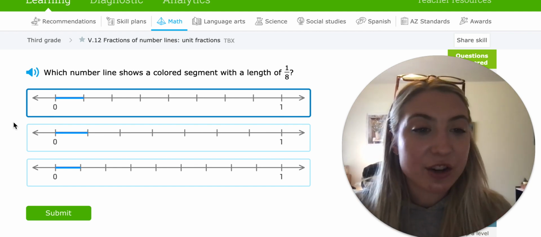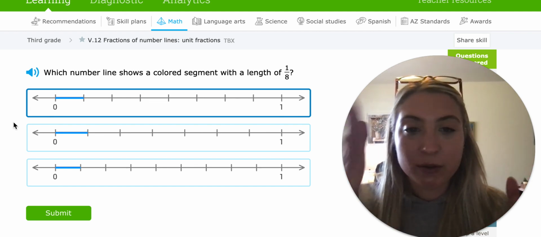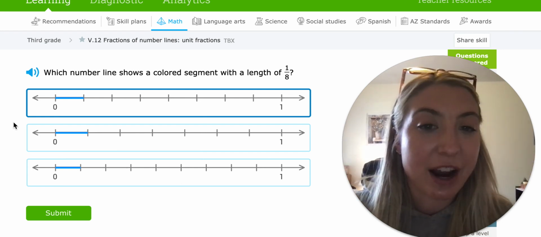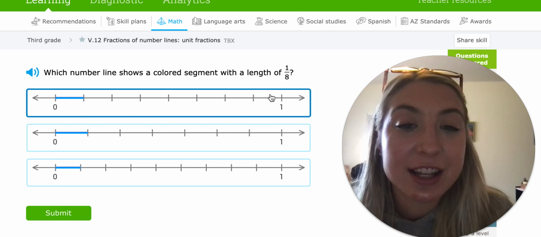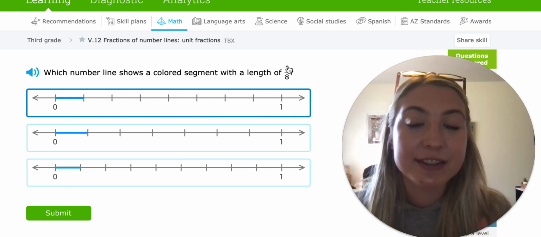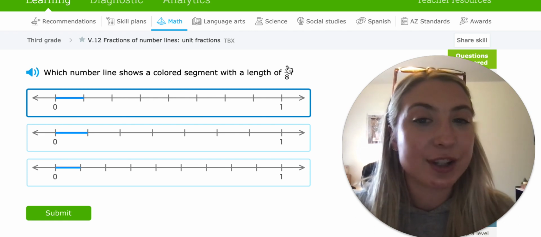So make sure to take your time. We're dividing the number line from 0 to 1. We're taking a whole and dividing it up into fractions, into different parts. This one we divided up into 8ths, and before we divided it into halves, and before that we divided it into fourths. So just take your time